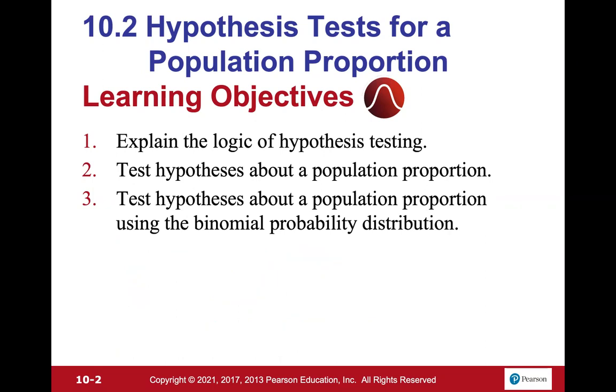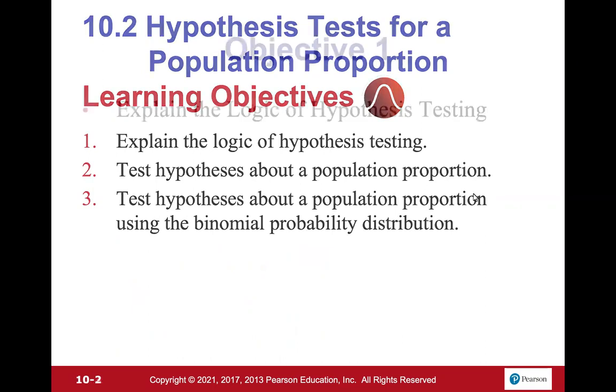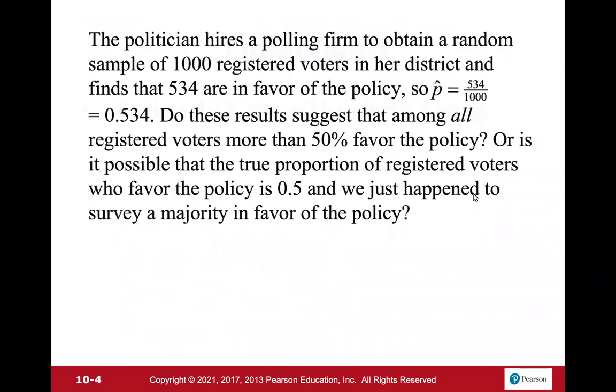With all of that, let's continue. All right, so the politician hires a polling firm to obtain a simple random sample of 1,000 registered voters in her district and finds that 534 are in favor of the policy. So p hat, our point estimate in this case, is going to be 534 divided by 1,000, which gives us